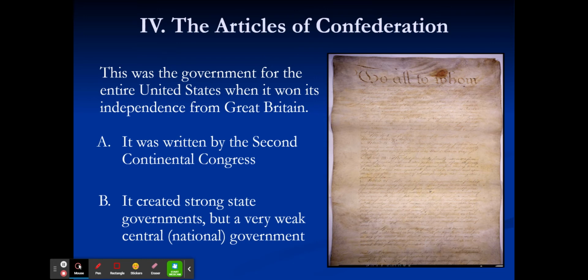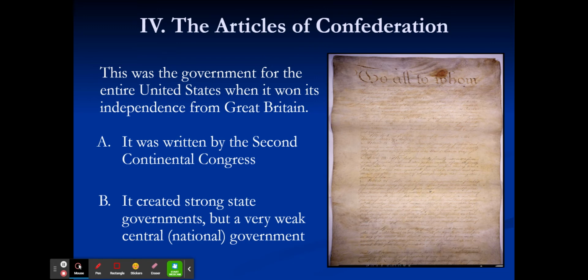Now, again, maybe those things don't seem so important, but it does take money to run the entire United States. So, not being able to collect taxes from the citizens ends up being a problem. Sure, they would reach out and ask states for money, but there was no requirement to do so. So, some states might give money to help run the central government, and other states would not. It ended up being a problem.